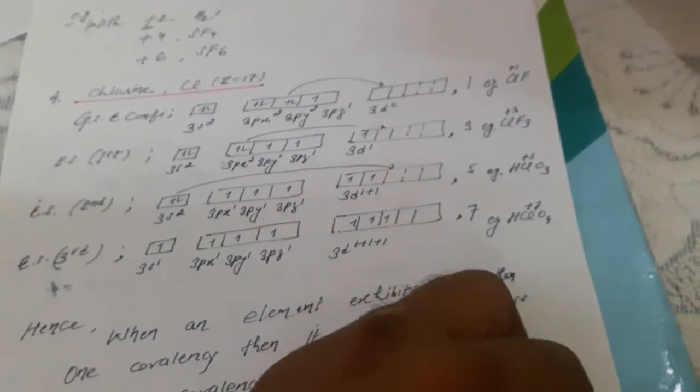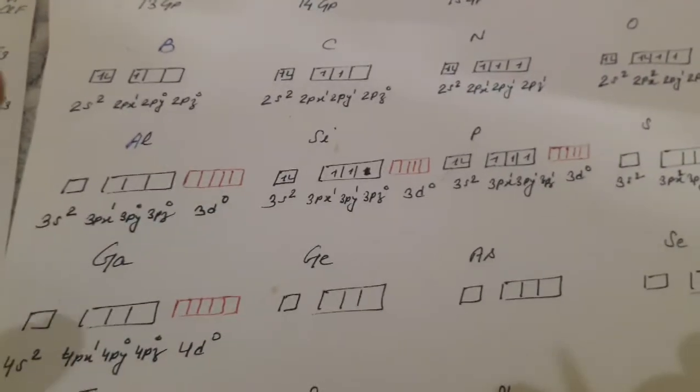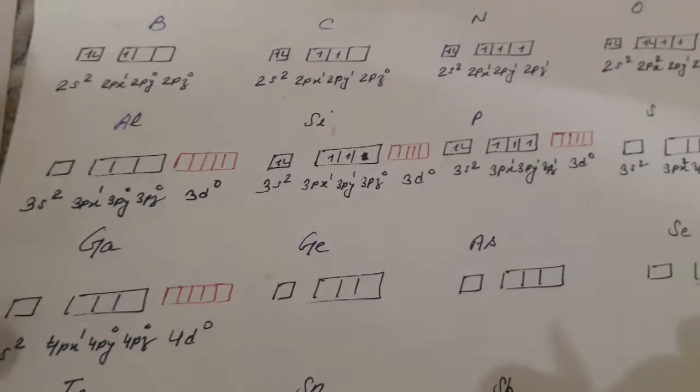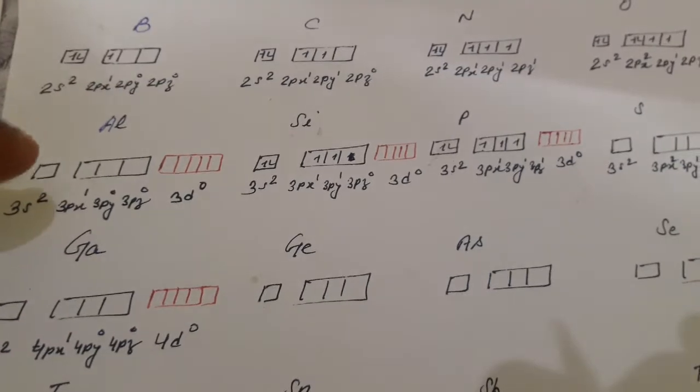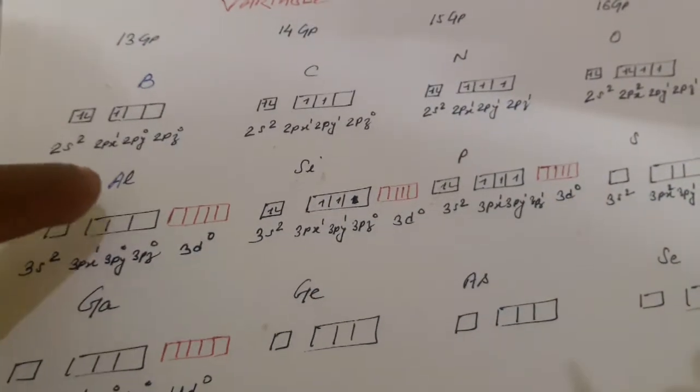Now next I want to tell you about a concept. This is the p block, and in the p block you can take the concept of orbital electronic configuration as well as simple electronic configuration. This is the valence shell electronic configuration of boron, aluminium, gallium, all p block elements except noble gas elements. First we are taking boron.